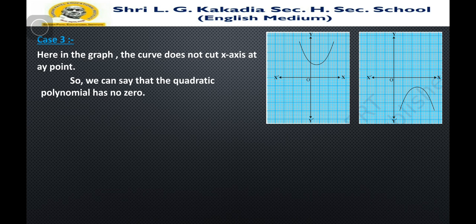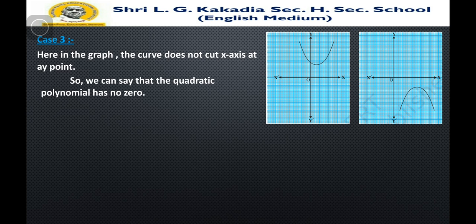So now I think you understand how we can find zeros by geometrical meaning. If we draw the graph of the given polynomial, then we find the intersection with the x-axis, and these will be the zeros of the given polynomial. Here we have taken the graph according to the x-axis, so we find the intersection with the x-axis.